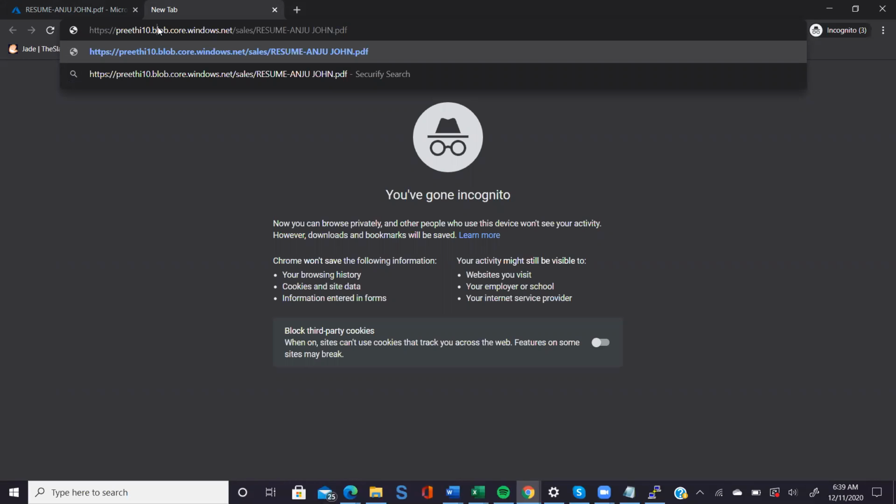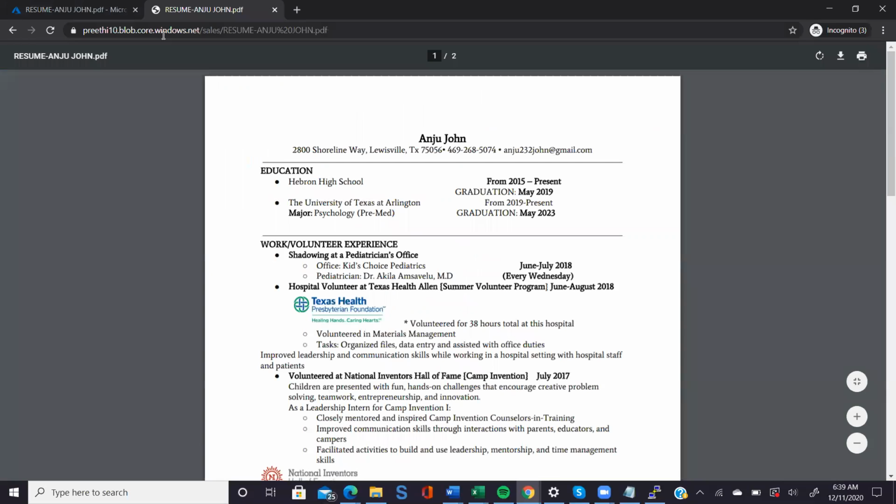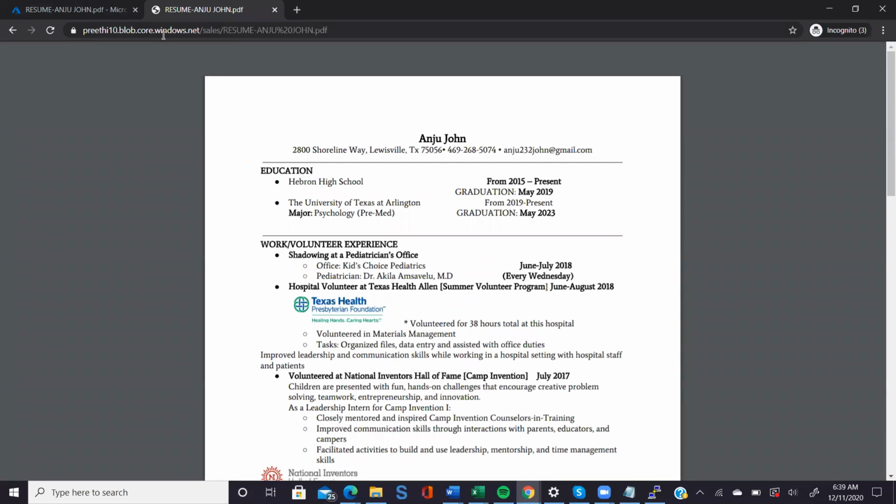Yeah, press enter. So now your whole thing has opened, right? Correct. This is how you can store your data in a storage, and you can share it. If you want to stop the sharing, so no one should access it,